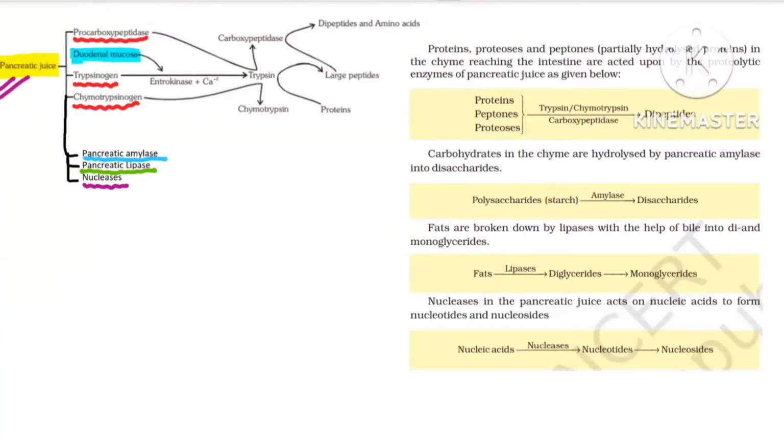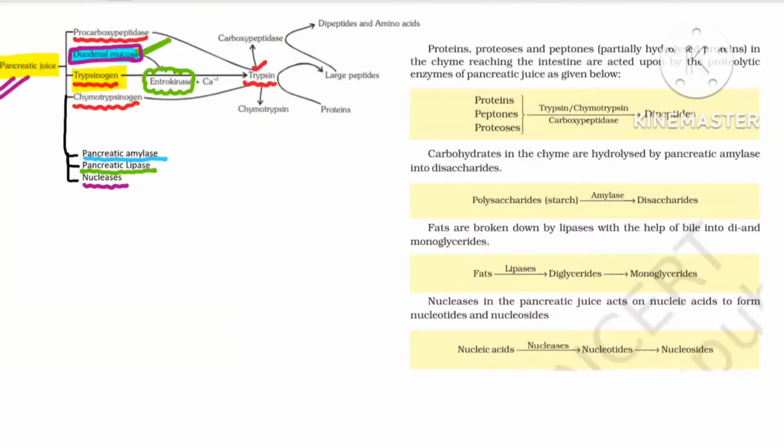Now you have to focus here carefully. Try to focus on this line, beta. Trypsinogen, the inactive form, is activated with the help of an enzyme known as enterokinase. Now, enterokinase is the one which is made by the duodenum mucosa. See where I'm putting the color, please focus on that color. This duodenum mucosa means coming from the intestinal juice. Intestinal juice is producing enterokinase. This enterokinase is activating trypsinogen into trypsin, and this trypsin will then activate